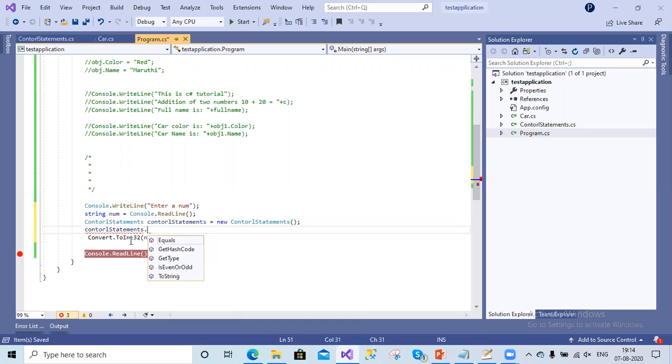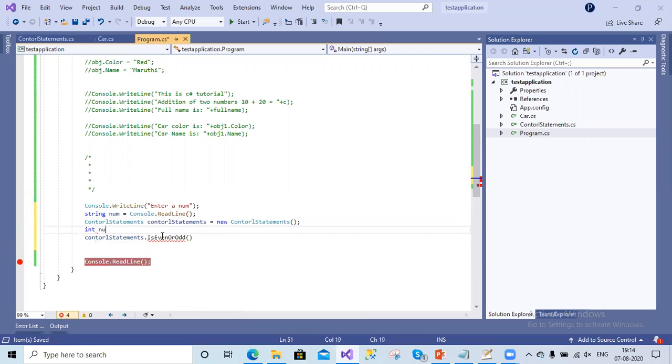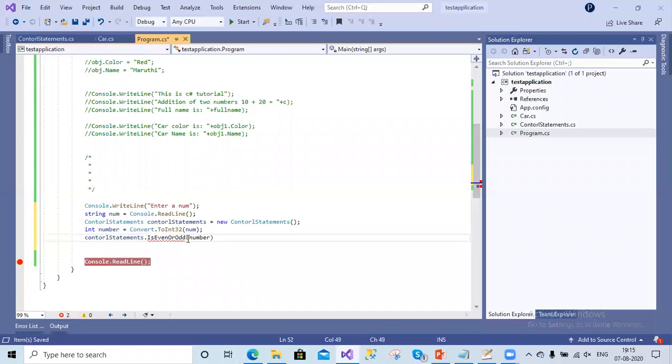Within this object, we have the method called IsEvenOrOdd, right? We have to pass the number to this method. So this is our number. Let's move this to the above line. Integer number equals this number, and this number we are passing as parameter for this method.